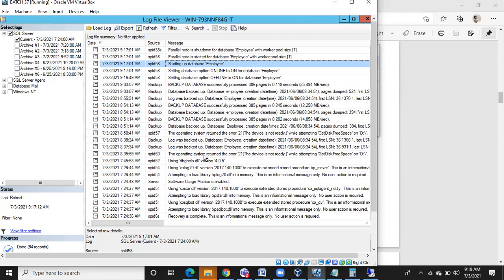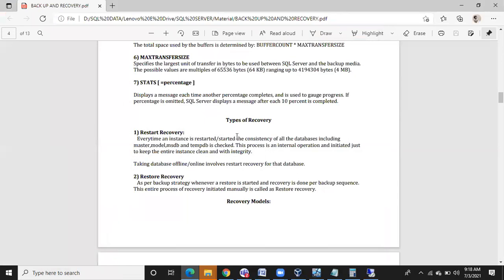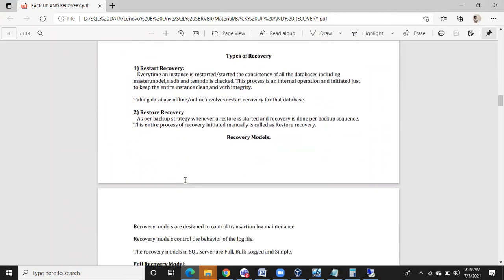So this is called restart recovery. Simply, restart recovery means whenever you restart or start the SQL Server or databases, SQL Server will check whether all databases are healthy or not. In another scenario also, SQL Server will check the database integrity: when you take the database offline and bring it online. Even if you take a database offline and online, it will be treated as a database level restart. In such case also the SQL Server database engine will go for the restart recovery. Restore recovery. We have one more option called restore recovery.